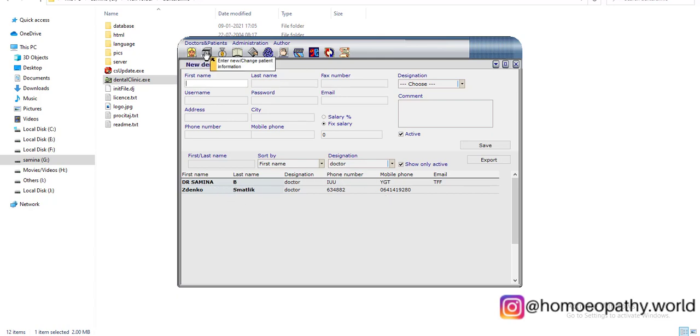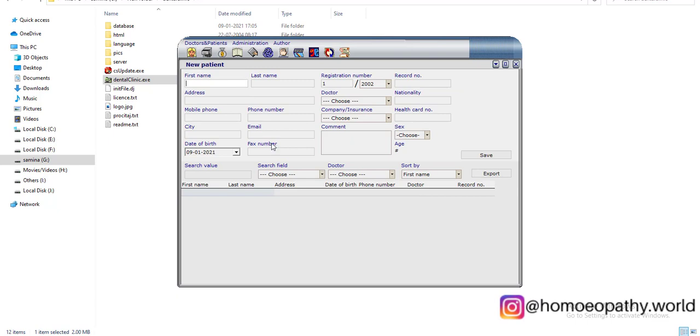Now going to the next icon, that is enter new or change patient information. Here you can enter new information about the patient: first name, last name, registration number, whichever year the patient is coming to you, and the doctor who is going to receive the patient, and company or insurance policy if the patient has.